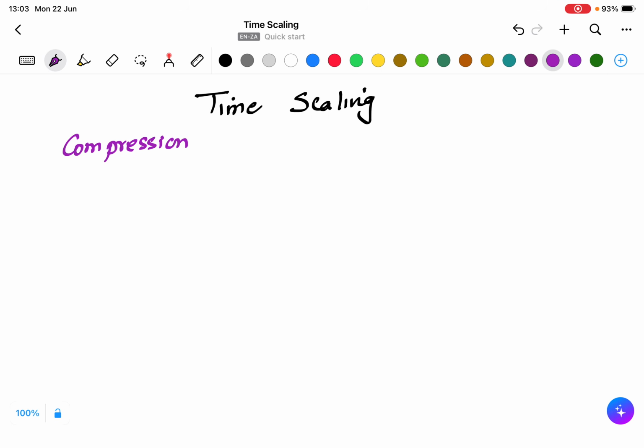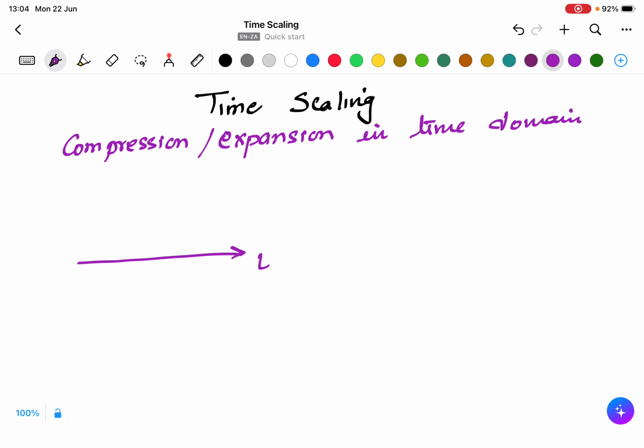compression or expansion in time domain. It means the same amount of information. Let's say we have this signal and we have some information, meaning the amplitude. Let's say we have 3 here, of x of t from 0 to